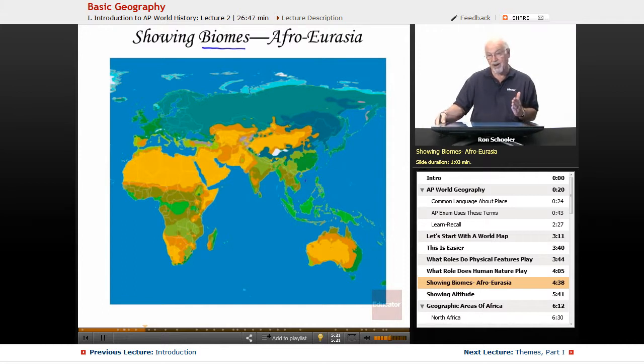So do we live differently if the land around us is all dry and it's hot all the time? We're going to live differently than if we live in a wet place where it's cool most of the time. So our environment is going to have